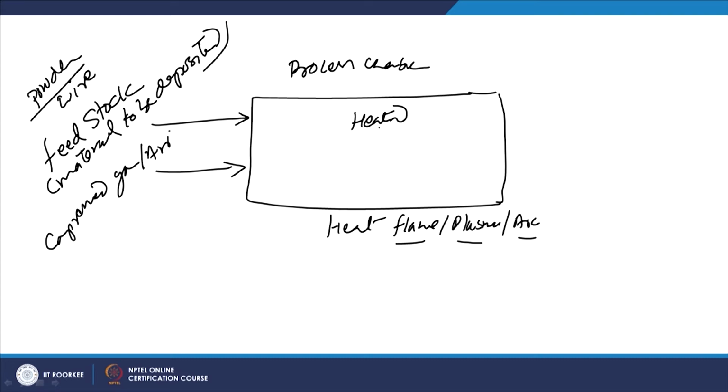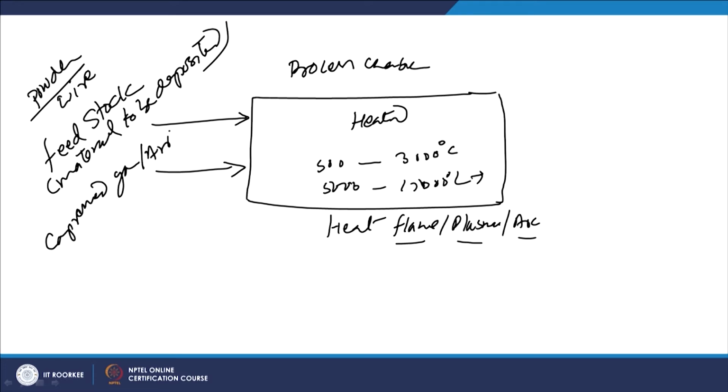So, according to the source of the heat, the temperature rise may vary from say 500 to 3000 or more for the flame based processes, but for plasma and arc it may be in range of say 5000 to even 15,000 degrees centigrade. So, significant rise in temperature